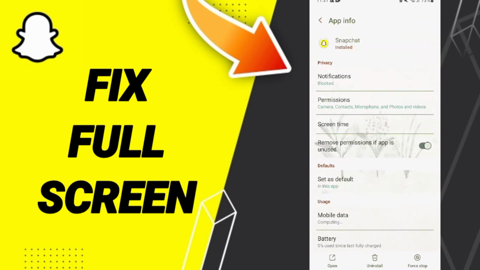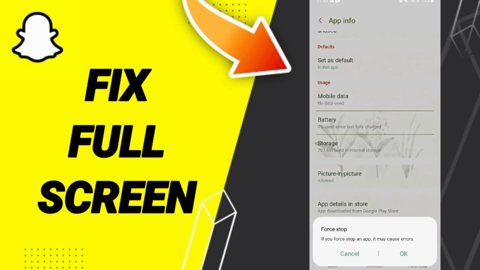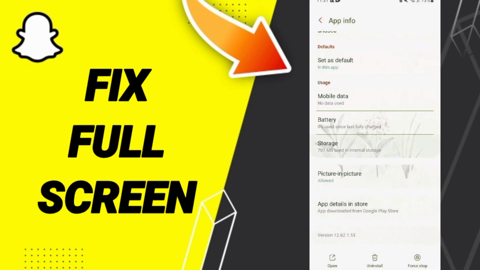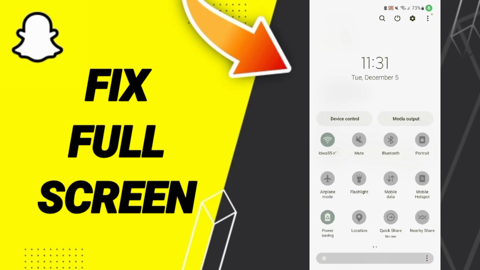Here on this app info page, we click on force stop and we click OK. Then we'll enter the storage window. Here we click clear cache. Then you can turn on your airplane mode and wait 3 seconds to turn off